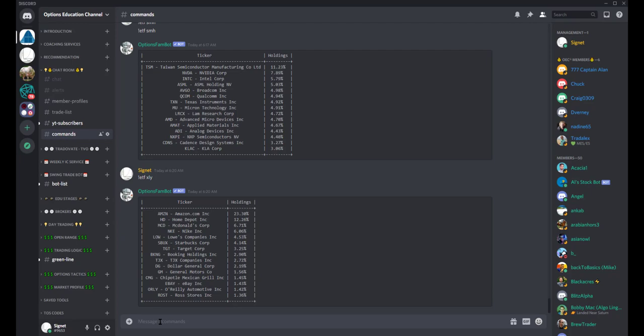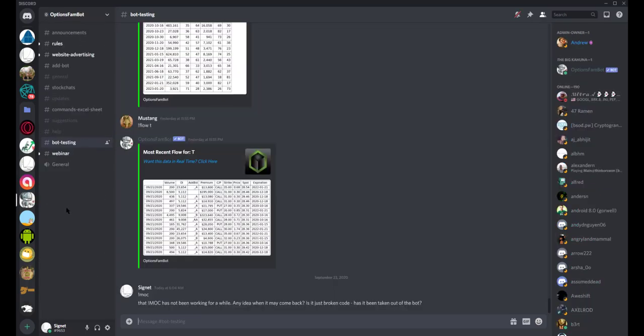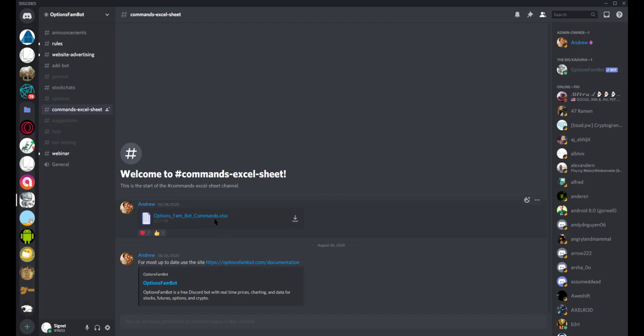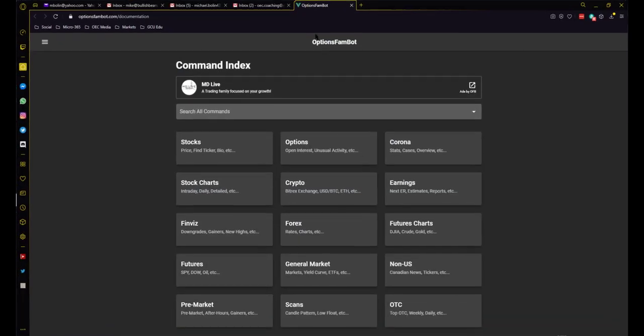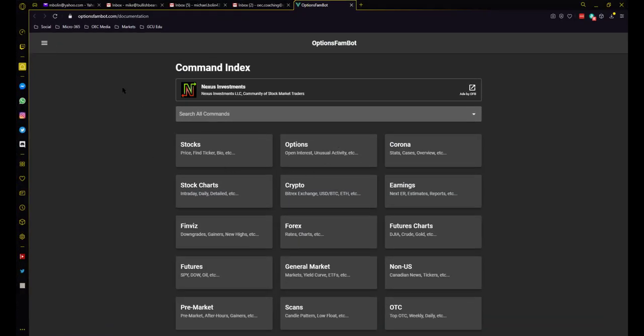Now, there are a lot of commands. Okay, I'm telling you, there's a lot of commands. We're just discussing one single command off of one bot. There's a lot of bots in this Discord. Okay, the bot that we're using comes from the OptionsFamBot. That's the one that we're discussing right here. They do have their own channel, including an Excel spreadsheet that will explain what the command is, and then they have documentation. Now, I'm going to add this documentation link to the video,